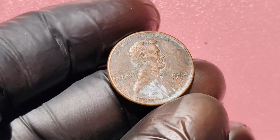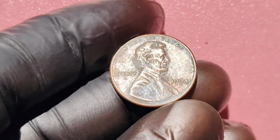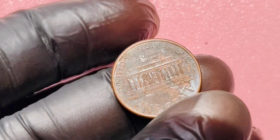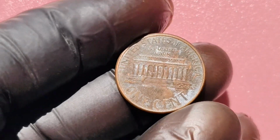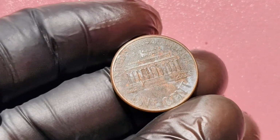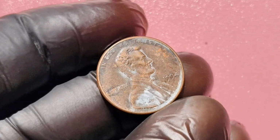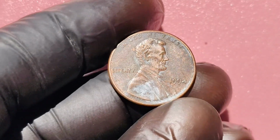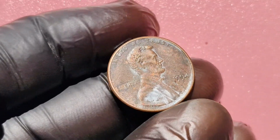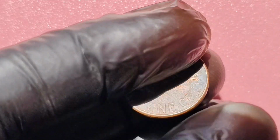Now, you may be wondering, how do you know if you have one of these rare 1994 no mint mark Lincoln pennies? Well, there are a few key things to look out for. First, check the date on the penny. If it reads 1994 and there is no mint mark, usually found below the date, then you may have struck gold, well, copper in this case. Additionally, these rare pennies may exhibit slightly different features or imperfections compared to regular pennies, so be sure to inspect